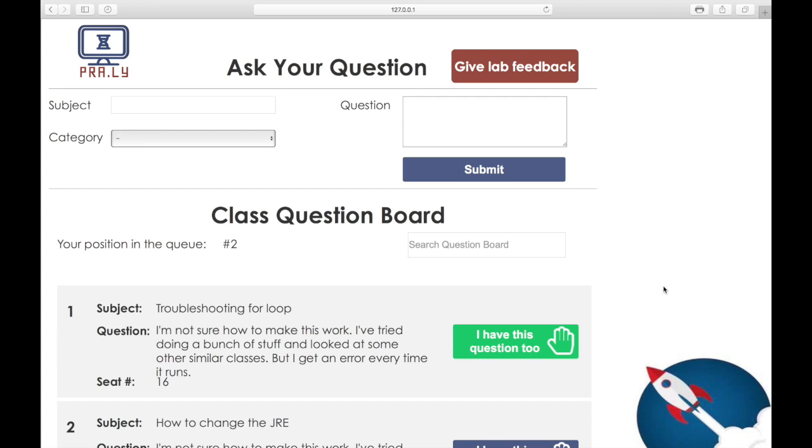Alternatively, if a question has only 2 or 3 upvotes, the TA can use the seat numbers to call all the students with the same question to one student's seat and answer the question at once. The team is also working towards incorporating a live chat feature into the platform to enable students to work collaboratively during the lab, without having to leave the website and resort to chatting via a social media platform like Facebook,